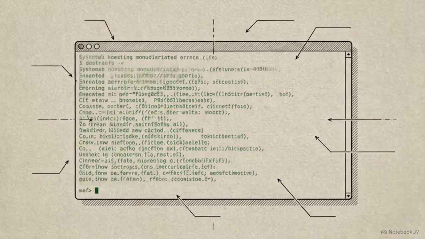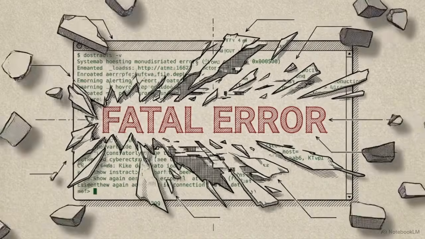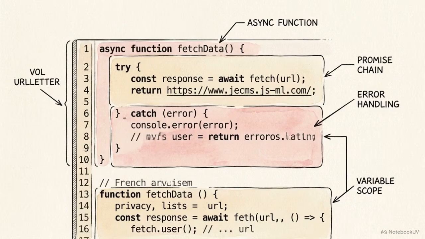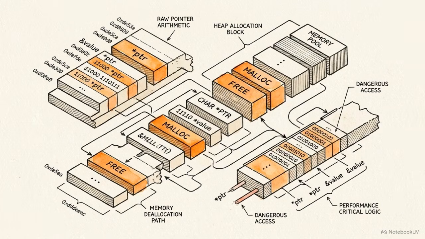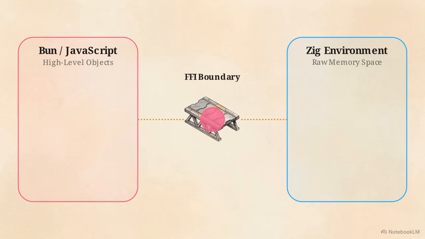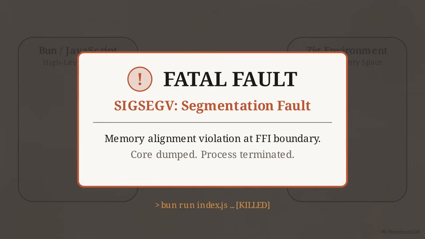We expect our software to fail gracefully with a clear error message, but sometimes the entire system shatters. This happens when you take a high-level JavaScript engine, like Bun, and wire it directly into a low-level, high-performance systems language, like Zig. Connecting these environments is the Foreign Function Interface, or FFI. It acts as a narrow bridge translating data types between languages. If that translation is off by a single byte, the bridge severs, and the engine immediately panics with a SIGSEGV